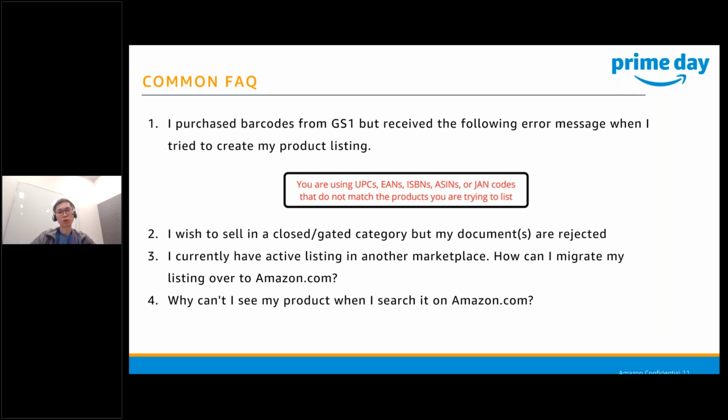So lastly, one of the common questions we got is, why is it that I can't see my product when I search for it on Amazon.com? You do all your listing, everything is successful, but somehow it's not appearing when you are searching for your own product. There are many factors actually, because the search itself has an algorithm in the backend that depends on your usage on the website, and also your listing keywords, etc.